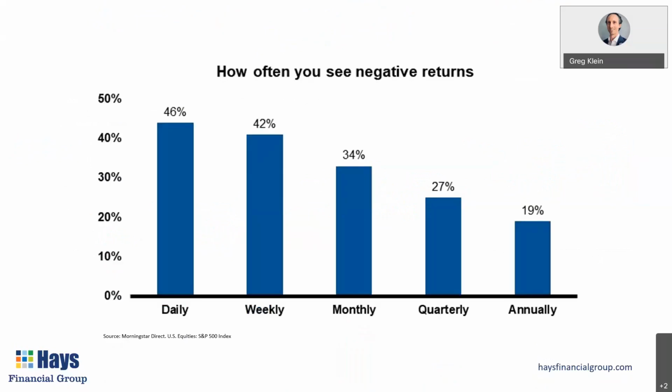One thing that you can do is understand, if you check your account frequently, you're likely to see losses more than if you don't check it quite so often. That's kind of intuitive, but if you're checking your account on a daily basis, if you know that you're tempted, or maybe in the past you have made these changes based on emotion, and then a few months or a year later you were kind of kicking yourself, why did I do that? Why didn't I just stick to my plan?